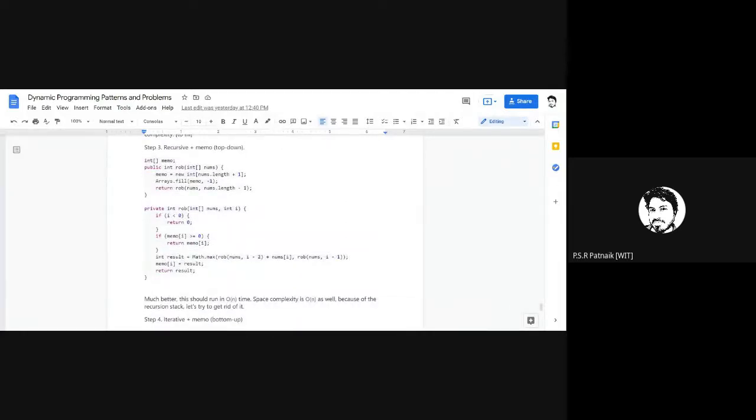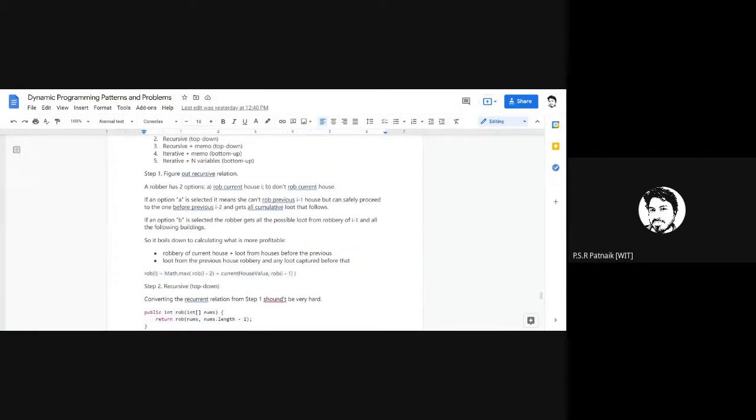See, first understand the code, look at the solution. I'm not saying that you have to sit and write your solution, and don't copy paste. Go through the solution, understand the logic, and then try to implement without even going through the details. Try to implement on your own. Understand the solution, try to implement that.